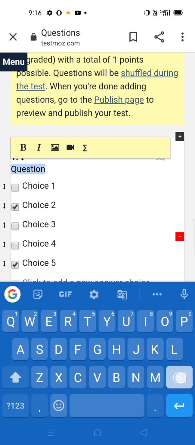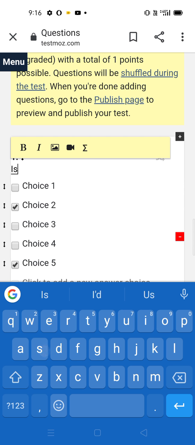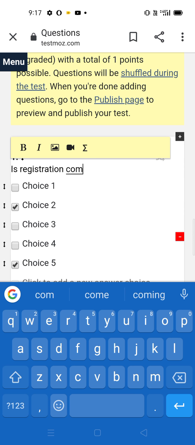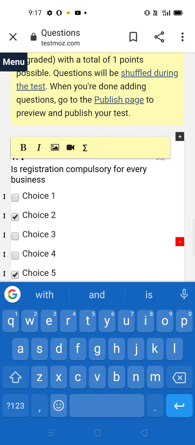So first question is: is registration compulsory for every business enterprise?